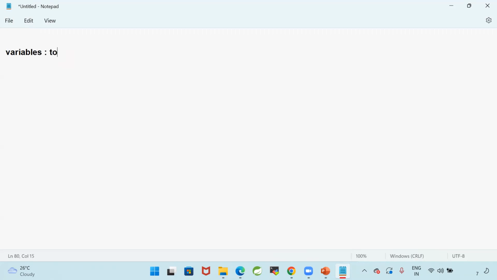Variables are used to store the data. It can be your name, email ID, gender, mobile number, father's name, mother's name, whatever it is. Any data that we want to store within our program, we go for the variable concept. Now, if I want to store the data in the variable, is it valid? A is equal to 10.